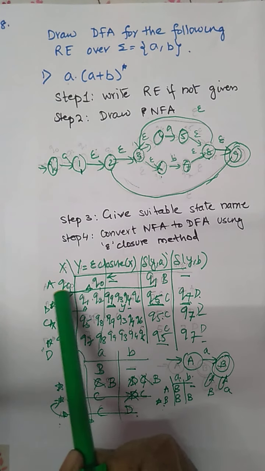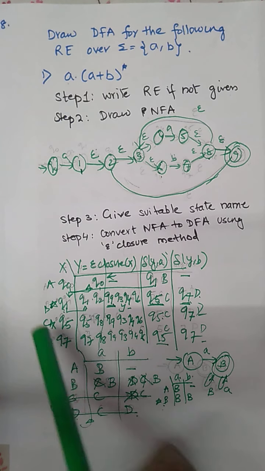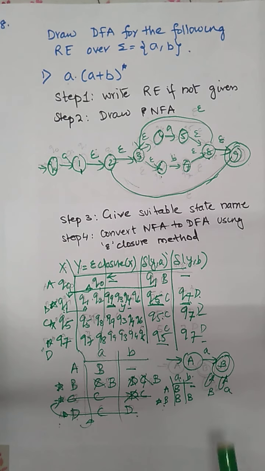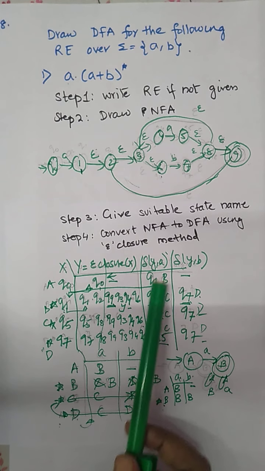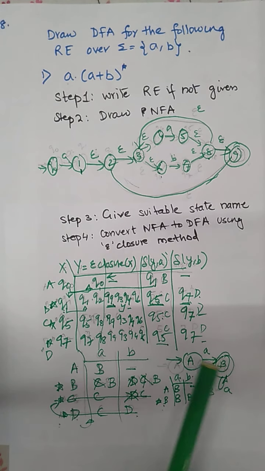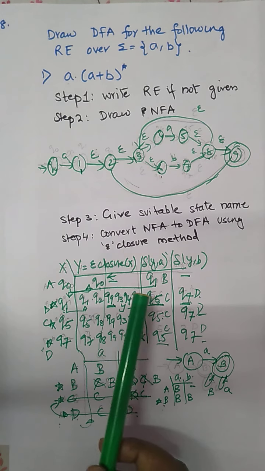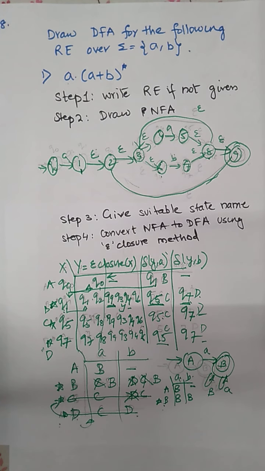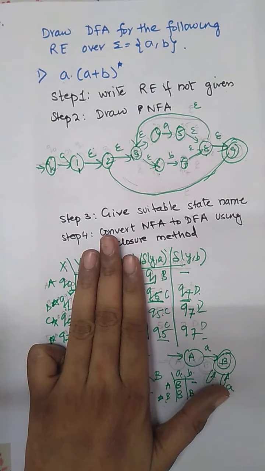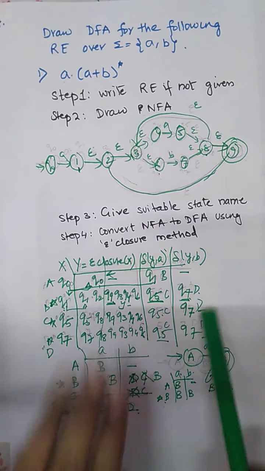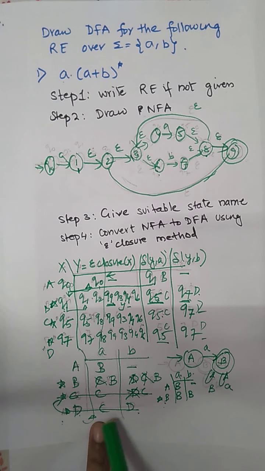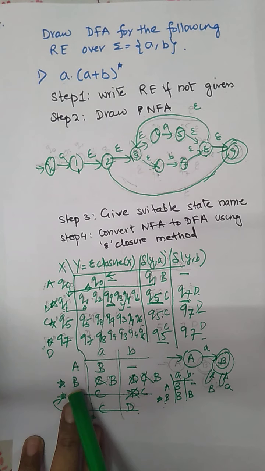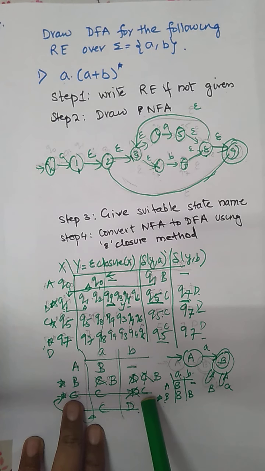Here I rename Q0 with A, Q1 with B, Q5 with C, and Q7 with D. Everywhere we have the state names, they are replaced by B, C, and so on: Q5 with C, Q7 with D, Q1 with B. What is the next step? We have to delete the epsilon closure and rewrite the table. So here we have rewritten the table. After rewriting, we got C and D as two duplicate rows, so D will be replaced by C. Wherever we have D, we replace it by C.